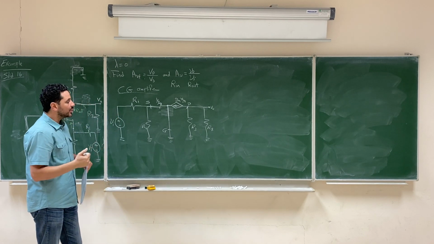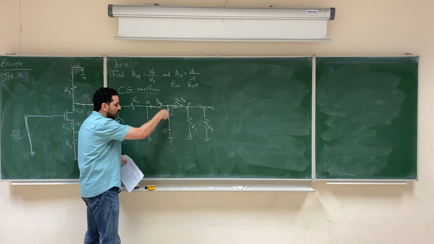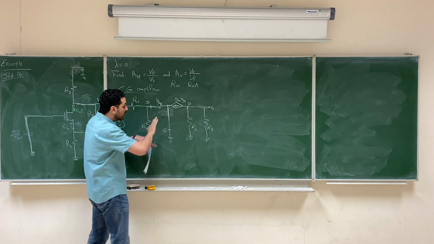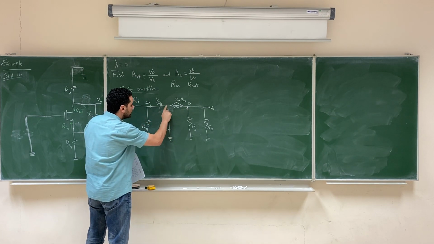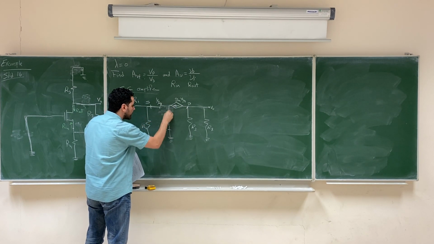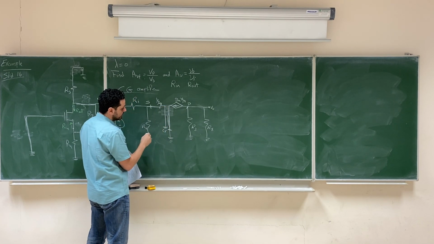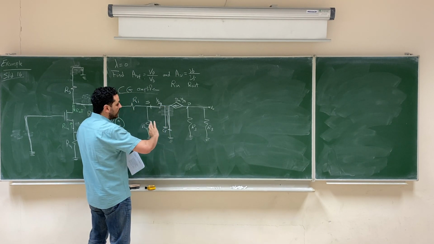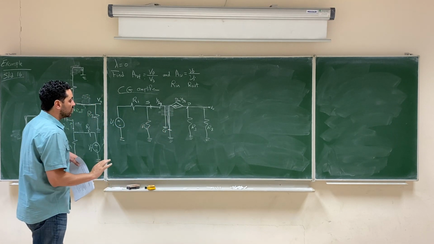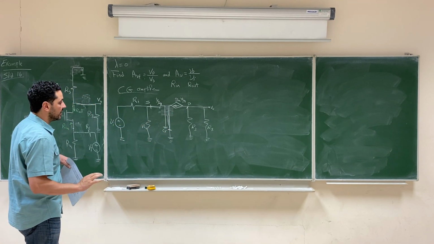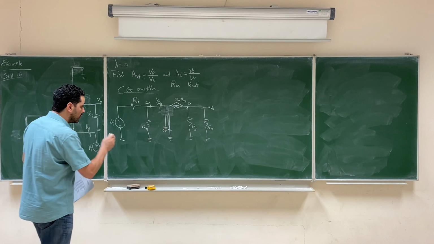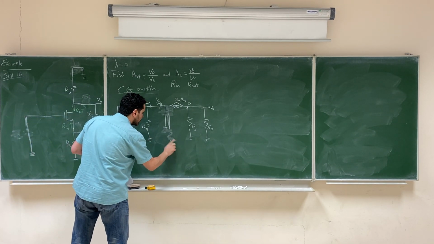Why is it easier to use the T model? Because now you connected this point to ground in the middle, right? Which means that you can separate this circuit into two parts. One part connected to the ground here and one part connected to ground here, right? And once you separate the circuit into two parts, it will be easier to analyze, right? So we separated now the circuit into two parts,